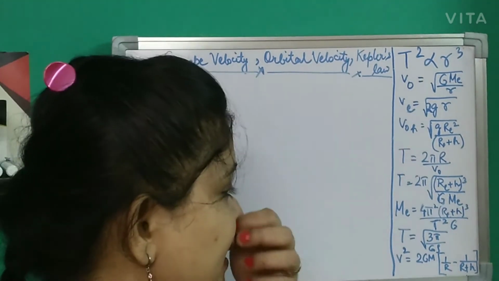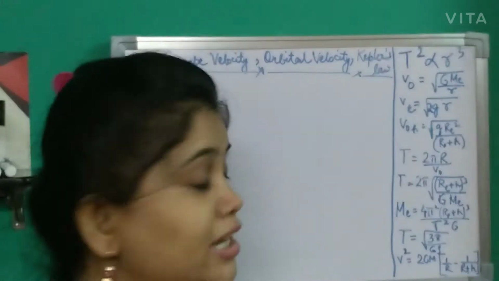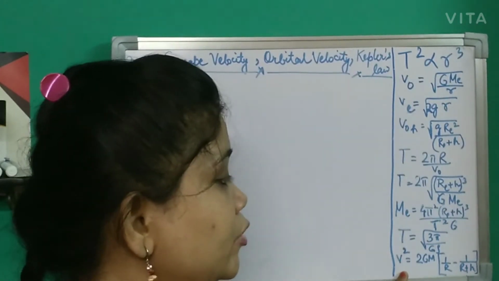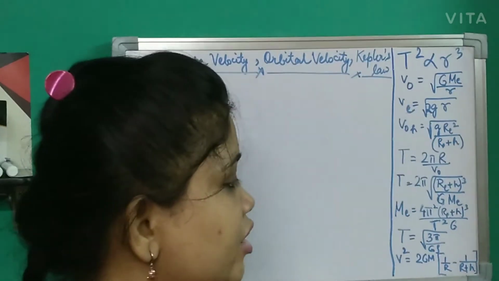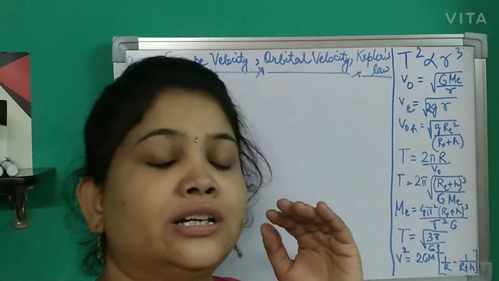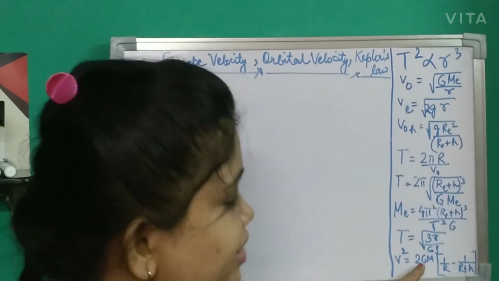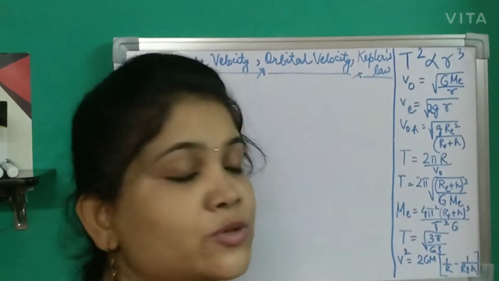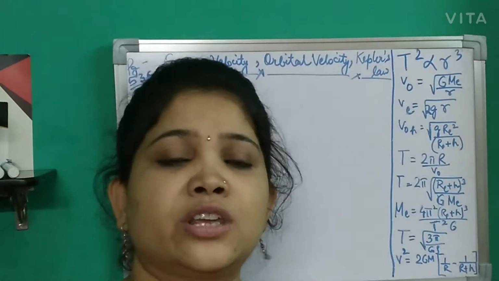The next is the time period in terms of density. In terms of density, the formula is T is equal to root over of 3 pi by G rho. And last but not the least, the velocity v. Suppose the velocity of earth is given and the velocity of some other planet is given. To calculate the velocity with which the body will leave from the earth to the other planet, the formula is v is equal to root of 2 GM (1 by r minus 1 by r plus h). As you can see, I have written down all the formulas which are required in our sum.